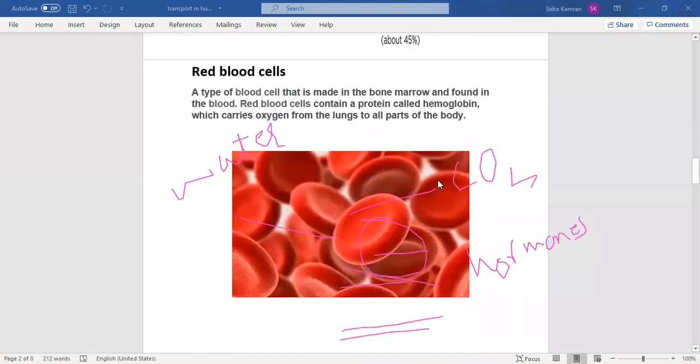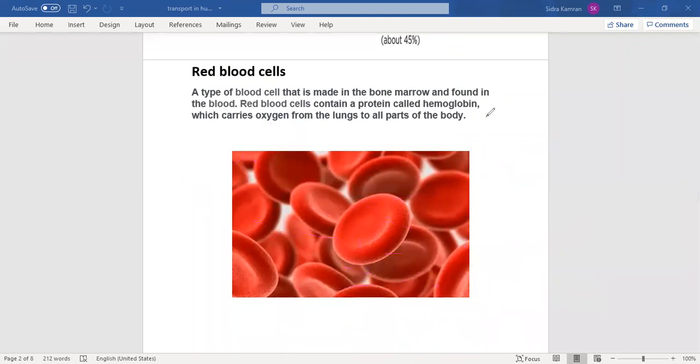Next, we have the red blood cell, the most important component. What is the function of red blood cells? As we know, red blood cells are red in color, circular and round in shape, thick at the corners and thin at the center. This structure of the red blood cell increases the surface area. Why do we need more surface area in a red blood cell? Because